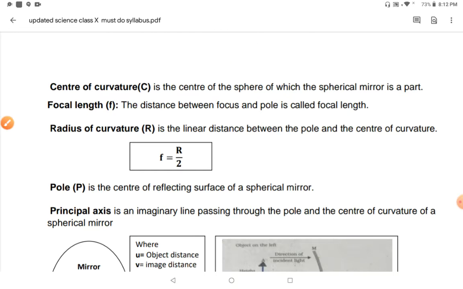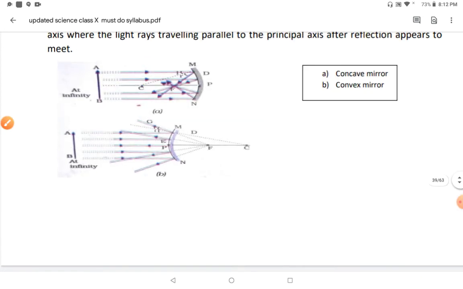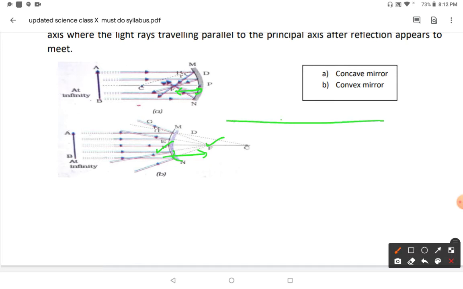Another one is the focal length. Now the next is focal length. The distance between P and F is called focal length, that I told you. If I see this figure, then you can say what the focal length is. The distance between P and F, this distance is called focal length. Here is this focal length. So the principal axis contains these points C, F and P. If this is a concave mirror just like this, then the P and F distance is called focal length.